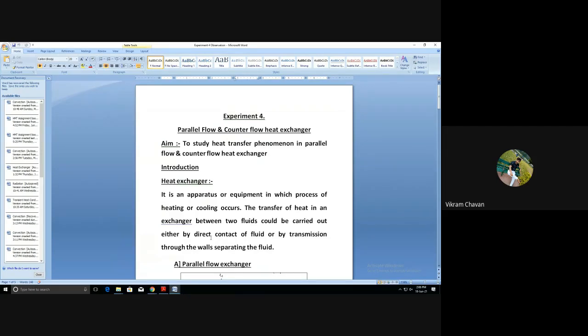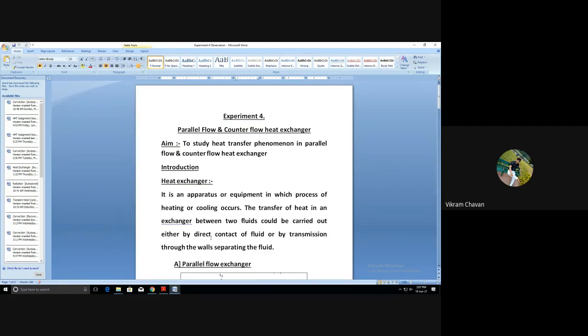In theory lectures, you learned the classification of heat exchangers and then the design analysis of a heat exchanger, then parallel flow and counter flow heat exchangers. We will not go into that part in depth, just take an overview. What is meant by heat exchanger? It is one kind of apparatus or equipment which will exchange the heat from hot fluid to the cold fluid with high effectiveness or very high efficiency. That function of transferring heat from hot fluid to the cold fluid happens in a heat exchanger.